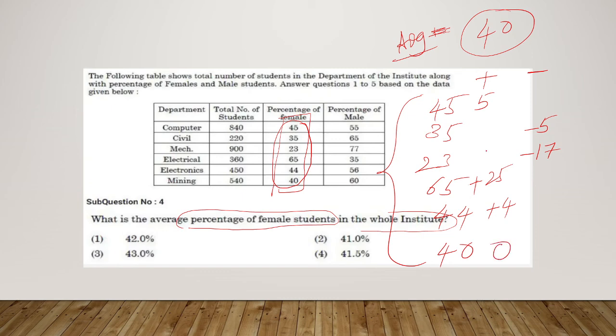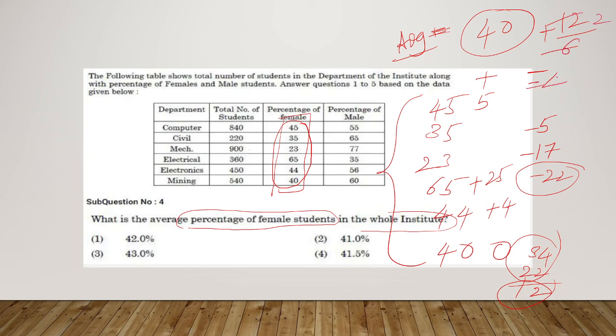Here it is nothing. Okay, plus numbers, how much are there? 25 plus 4, 29 plus 5, 34. Here minus how much is there? 22. That's why plus is more. We have to subtract that 22 from 34 to get 12. The total remaining is 12. That is also we have to do average now. How many are there? There are 6 female students. That means 12 divided by 6. The total average is now 42%.